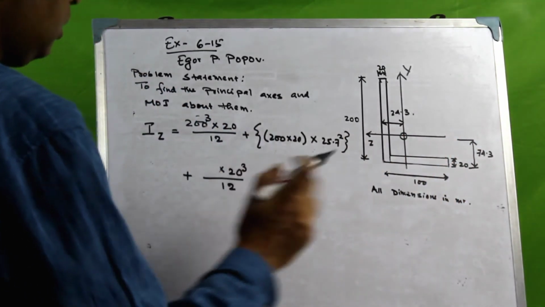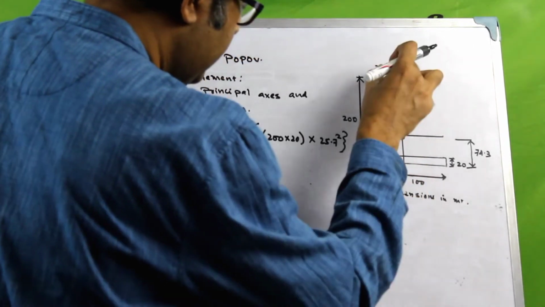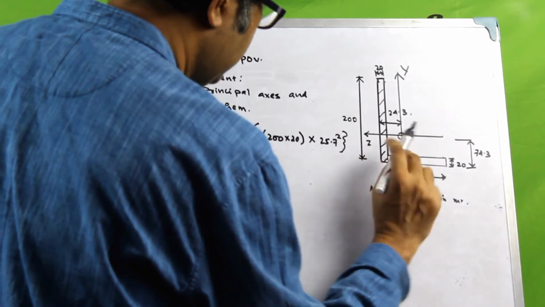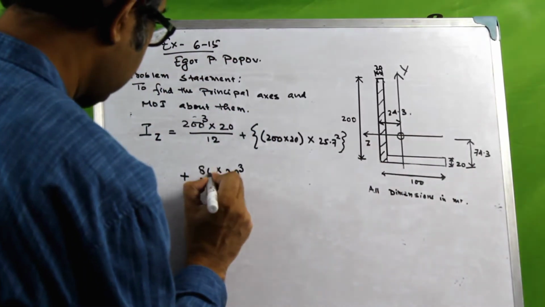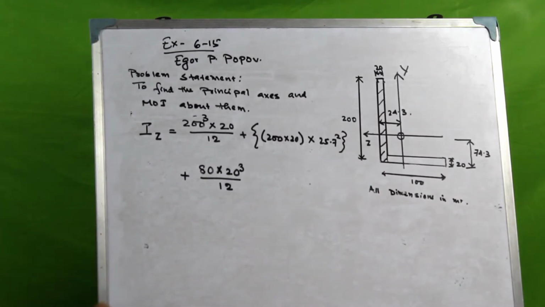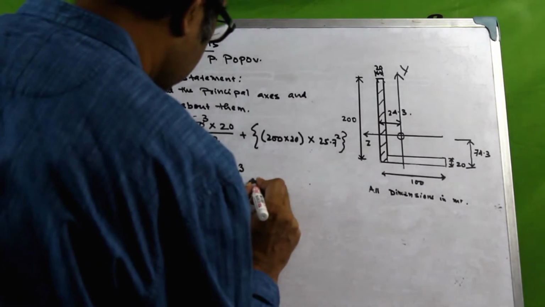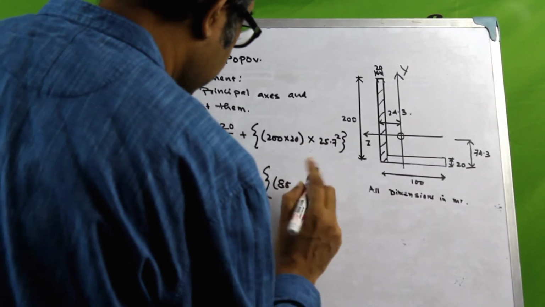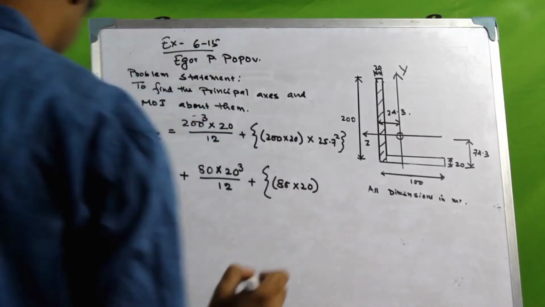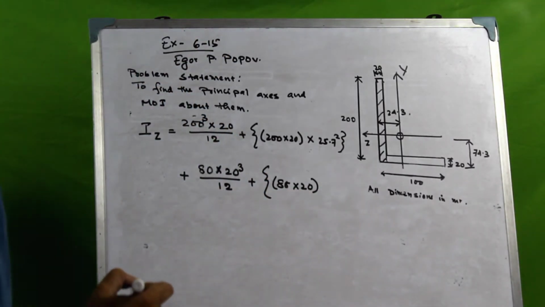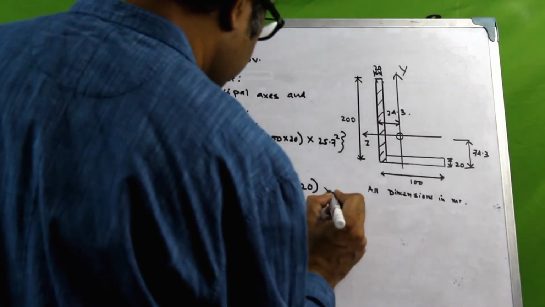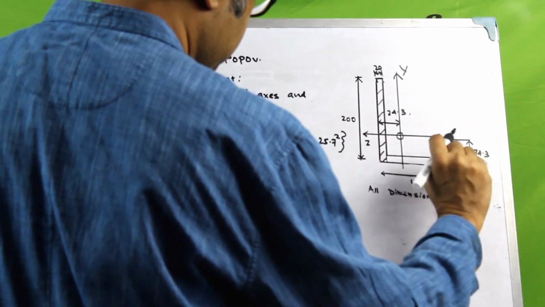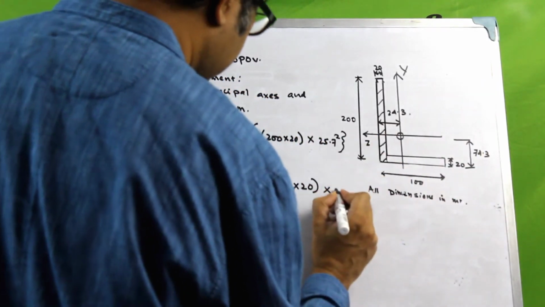It's not 100 though, because we already have considered this whole element. So we are only considering this element. So it is 80 into 20 cube by 12. And then we add that to the area of that element. The area of that element, so it would be 80 into 20 into the distance, which would be 74.3 minus 10, right? 74.3 minus 10, so it would be